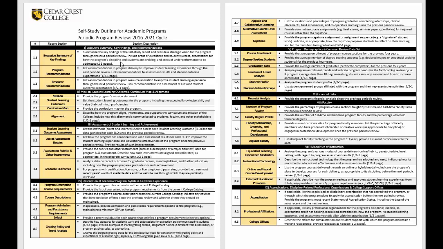If there are page length recommendations, that's the suggested length for the kind of written analysis that you would need to write. Some of this will not require any additional analysis. It's just pulling together documents that you should already have in the program, such as syllabi or previous annual assessment reports. So this is the one sheet front and back that allows you to make sense of the PPR self-study